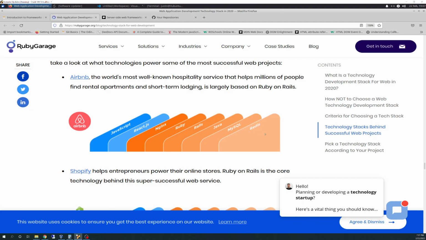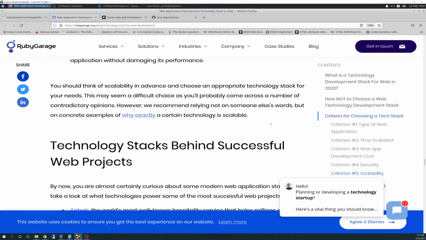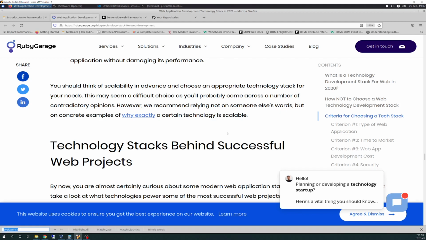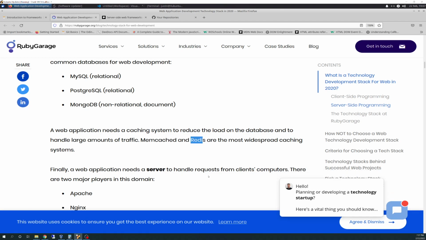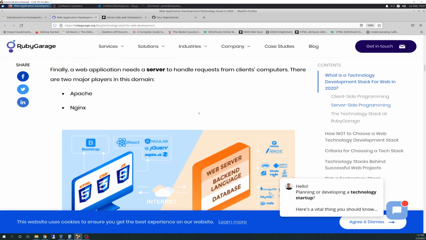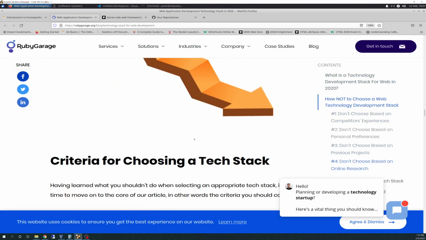I think Redis is the, I don't know. I don't remember what that was. That's the keying, I think, the key values. Let's see if they talk about that more, because I can't exactly remember. Redis are the most widespread. Oh, caching. Okay, so that's their web caching. That's important to know. I can't believe I forgot that one. Yeah, so you have web caching, which is the speed at which your data is served back to your end users.